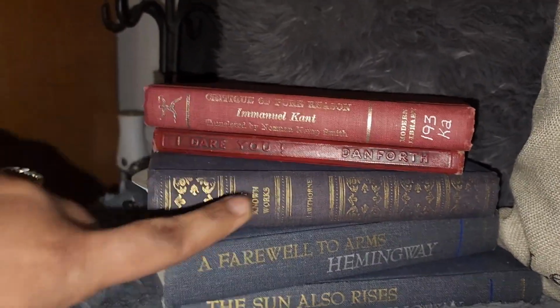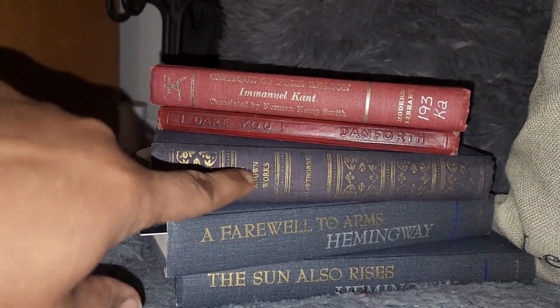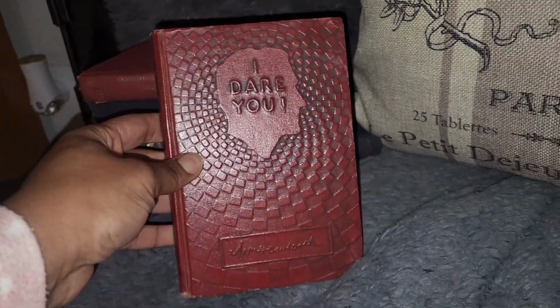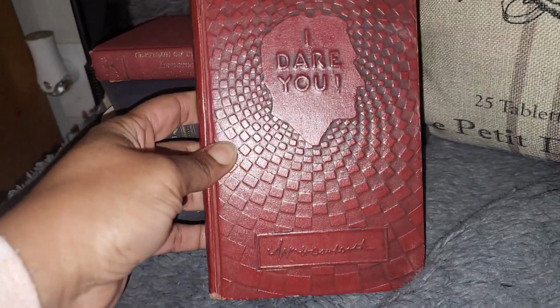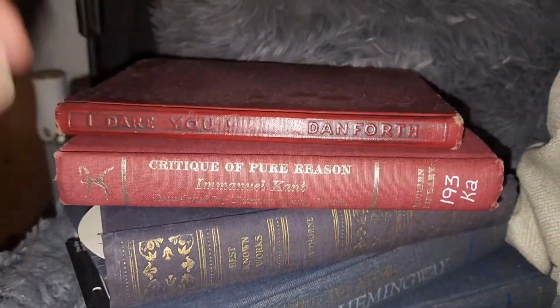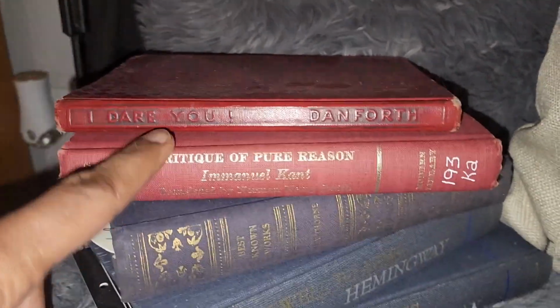And this is Best Known Works of Nathaniel Hawthorne. This one I really like. This is like an inspirational book. This one is called I Dare You. Very, very old book. This is another, a Critique of Pure Reason, and I purchased this one because